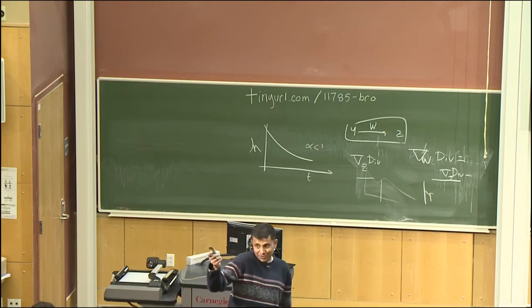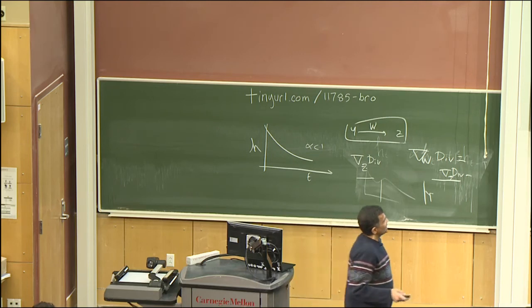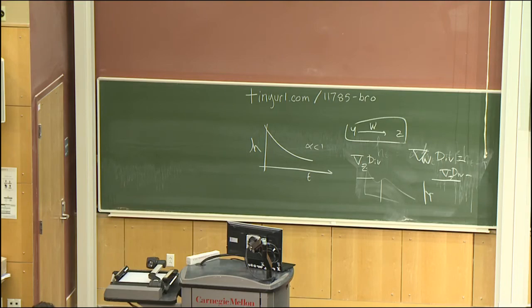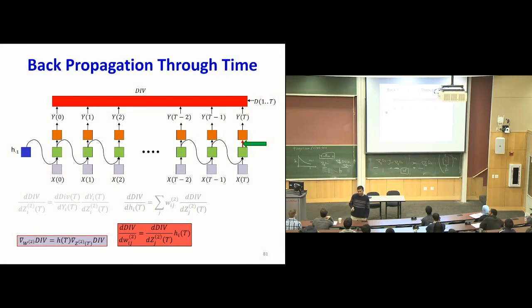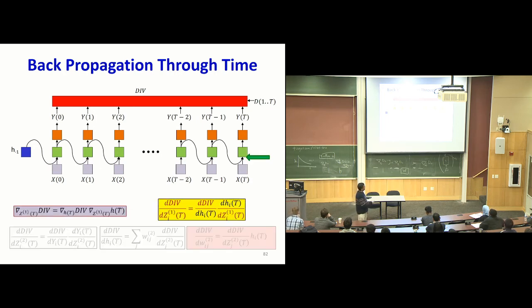So that's exactly what I'm going to show you here, that the derivative of the divergence with respect to the weights is simply this h times the derivative with respect to the divergence there. Very simple, nothing fancy. So now I have computed the derivative with respect to the weights. I also have the derivative with respect to the output of this layer. I can take a step back, and now compute the derivative of the divergence with respect to the input of this hidden layer, which is simply going to be, what would that be?